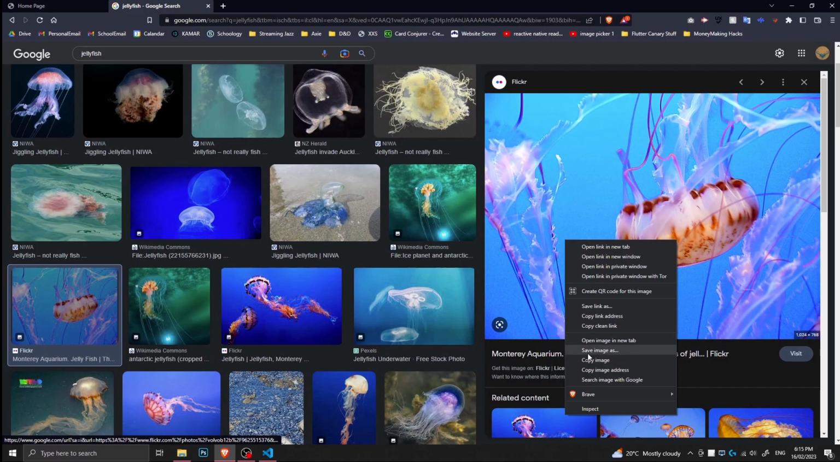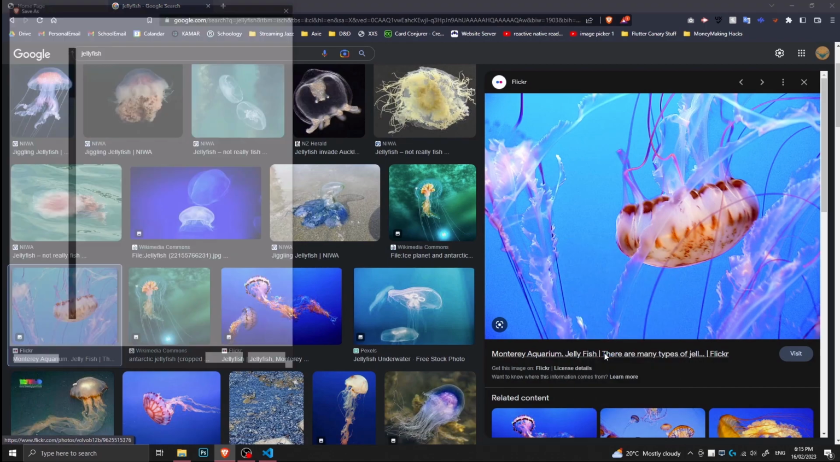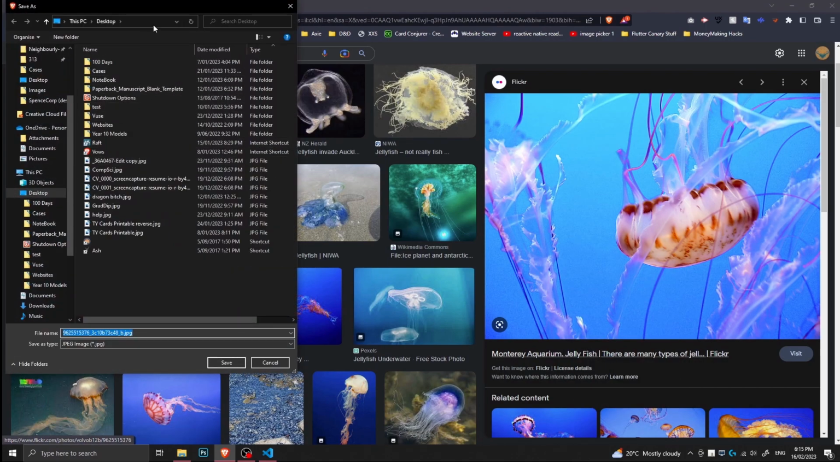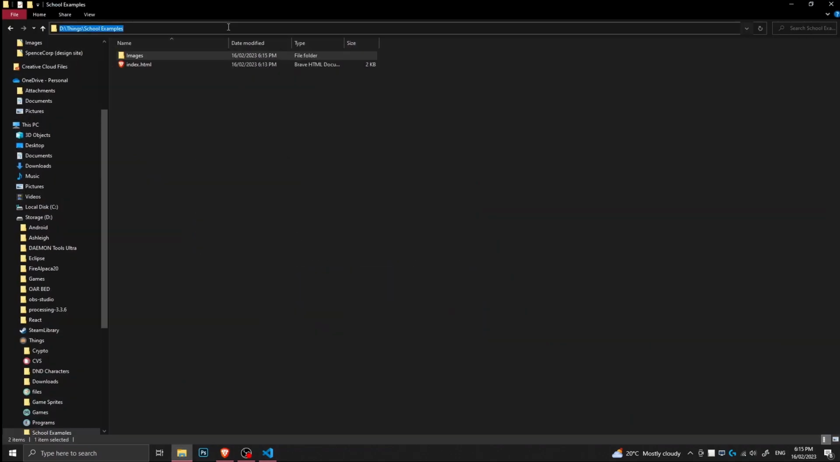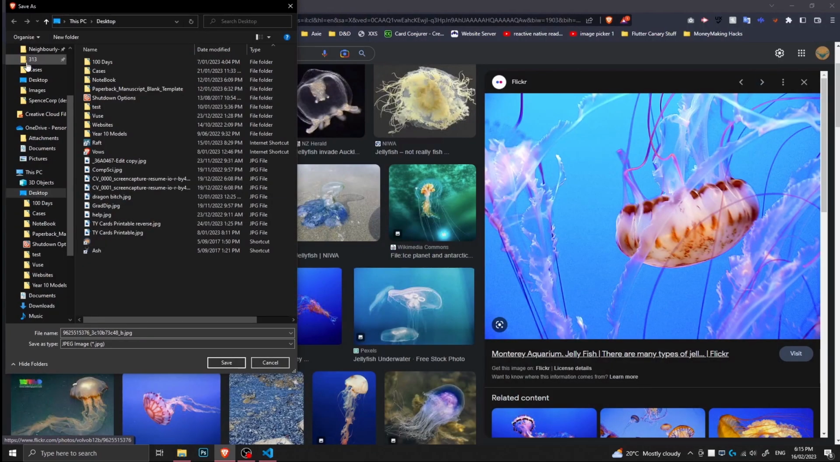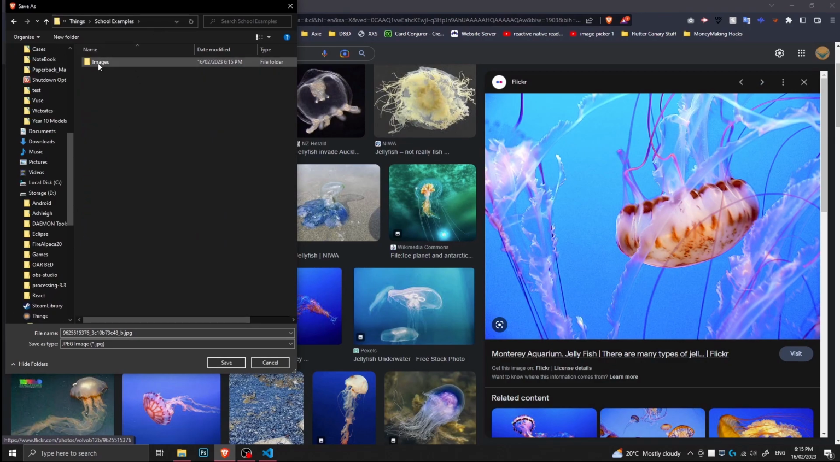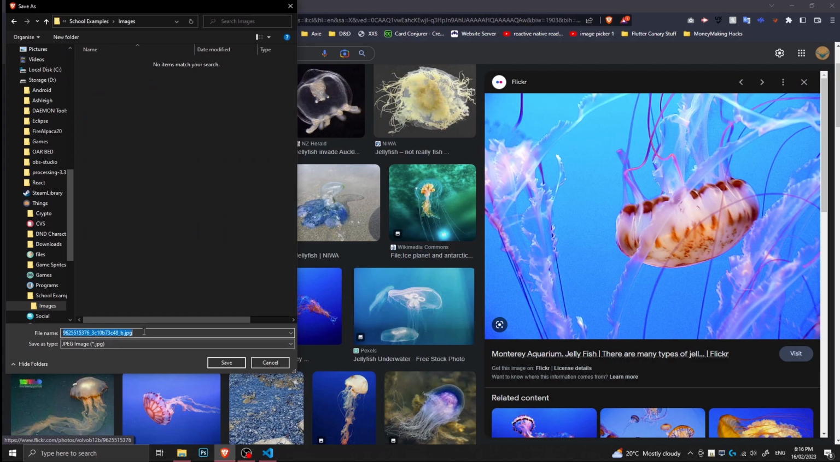So I'm just going to save image as. Now, I should know where I'm saving it, if I still have the URL. Nope, I copied that URL. Not saving it to YouTube. I'm just going to quickly steal that path and paste it in there. I'm going to put it in this images folder. I'm going to call it